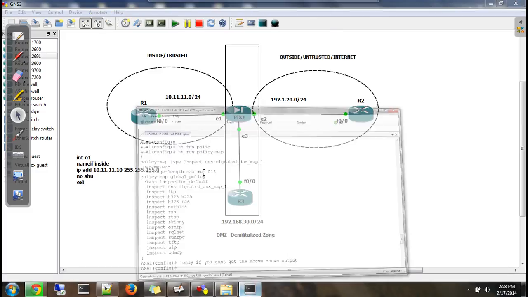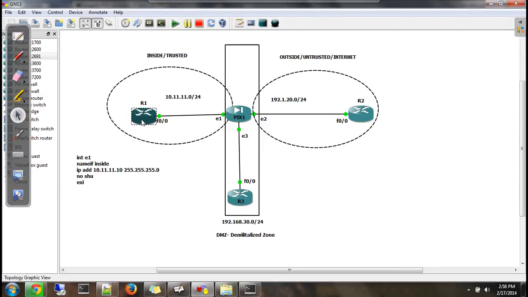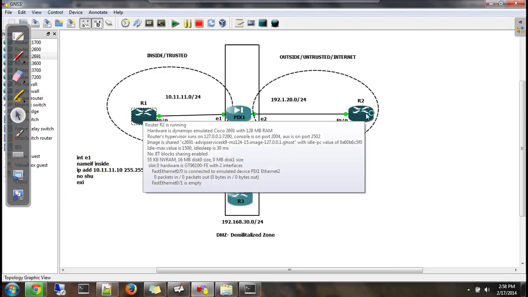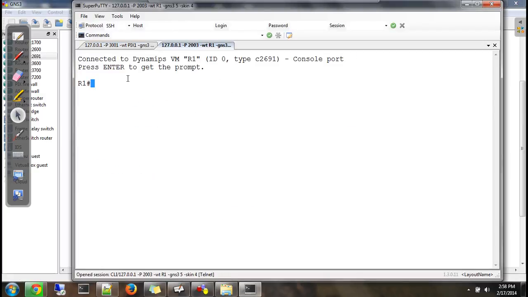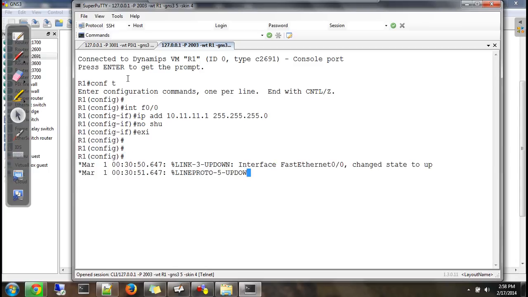So let me directly come here and do it on the device. Go to R1, config t, interface F0/0 with an IP address 10.11.11. Your next step should be to point a default gateway.